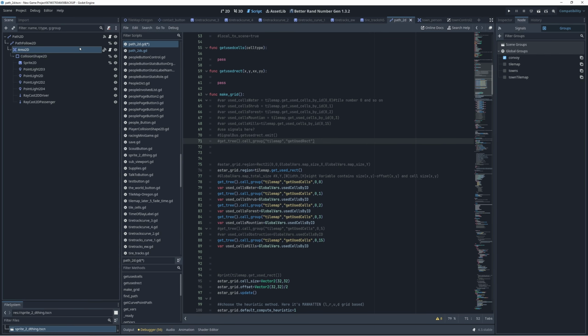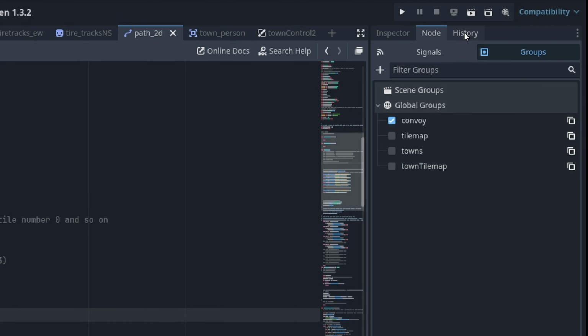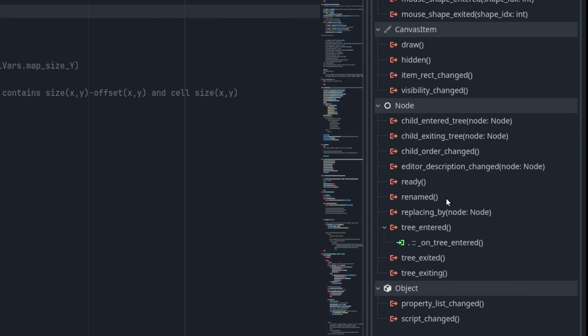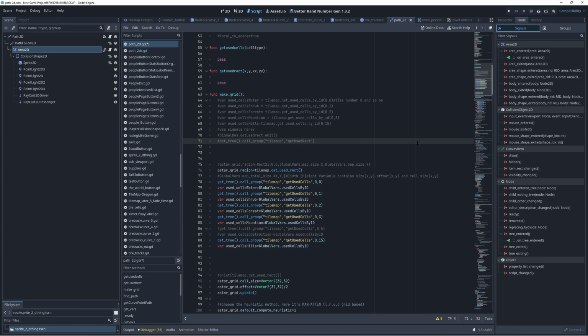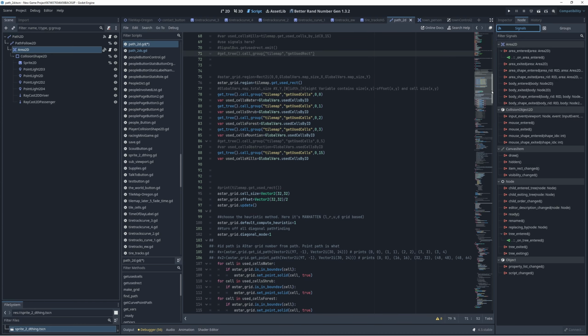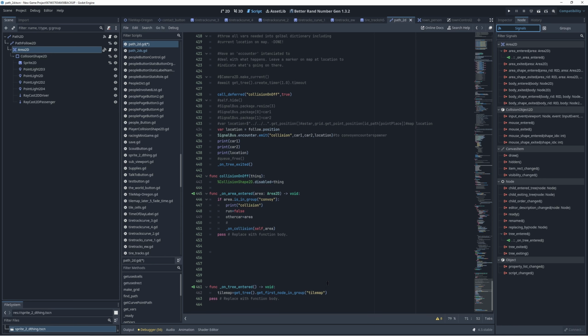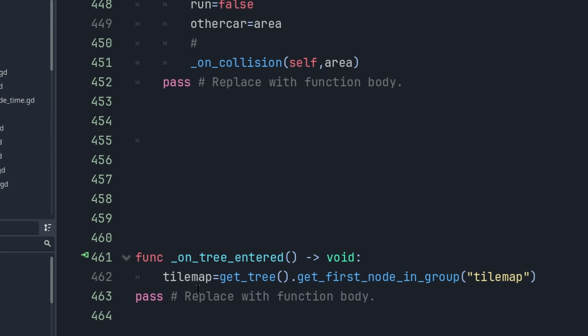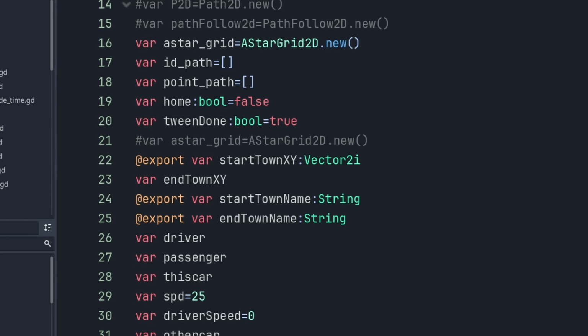Now, if we pick Area2D and go to signals, you'll notice down here there's a tree_entered signal. And this is currently connected to itself. And all the way down at the bottom of this script, let's get this big. tile_map = get_tree().get_first_node_in_group("TileMap"). Now TileMap, all the way at the beginning,